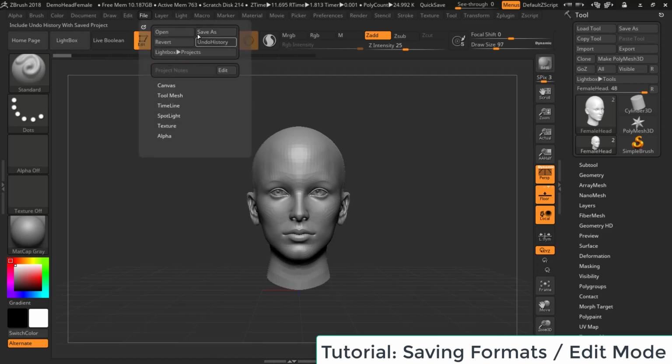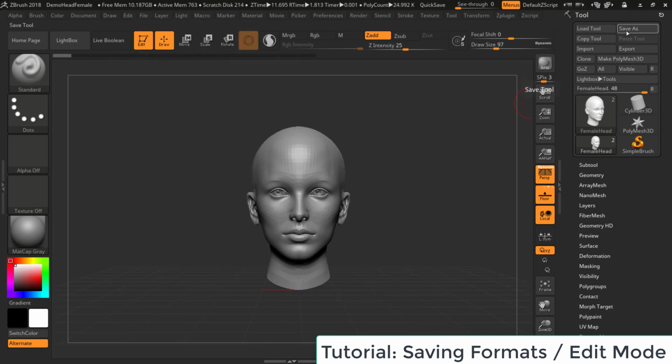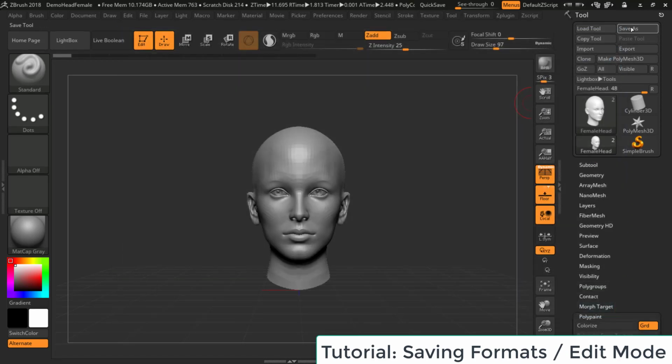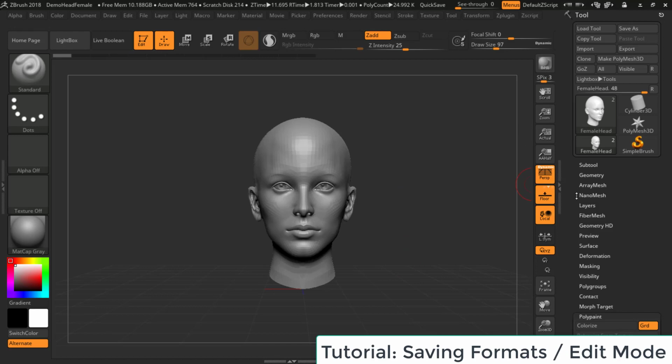I do recommend saving as a project file. The other format you can use, you can click right here. This is to save as CTL, a C tool. And that's just the model. So you will keep everything that you've sculpted and all the subdivision levels, and everything associated with your sculpt will be in that format as well. So you can use that, but the project file will just save everything you've been working on within that specific ZBrush project. So yeah, those are basically the two formats you can choose from, and just stay away from the document